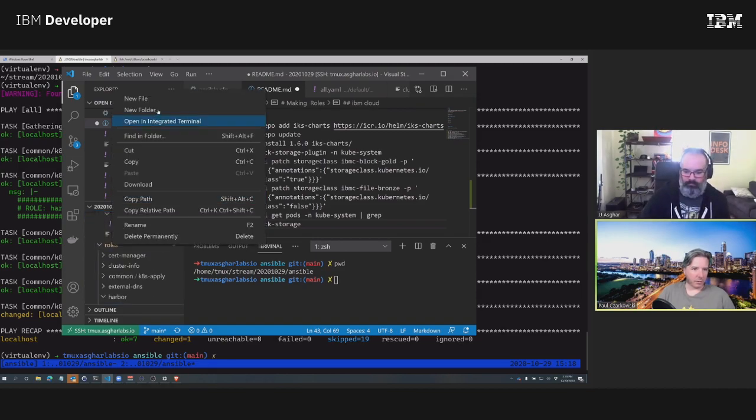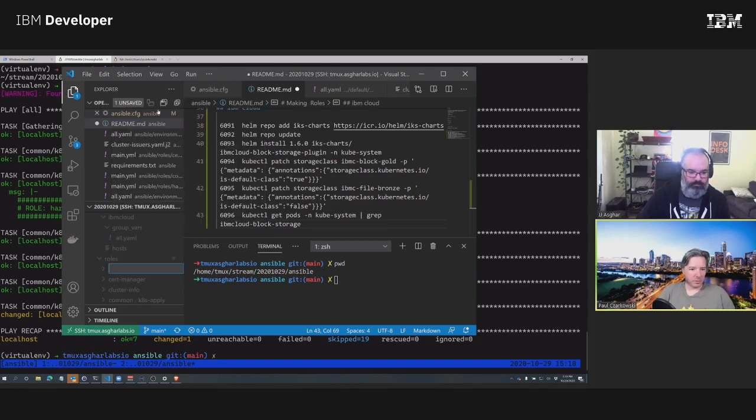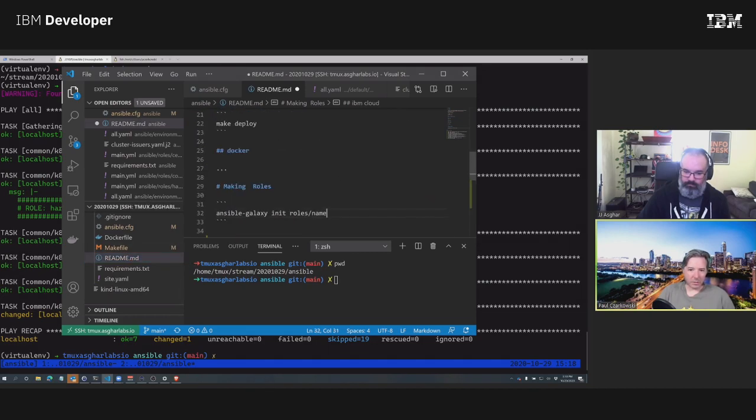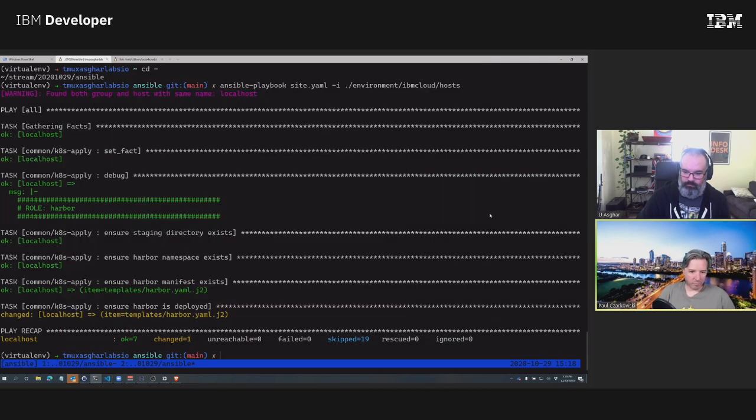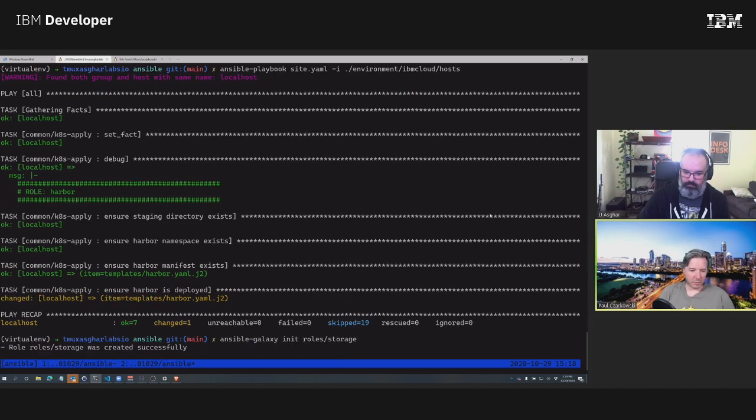But here we could do new folder storage. No, we don't want to do that. In my README, I have here's how to create a new role. Making roles: ansible-galaxy init roles and the name, storage.